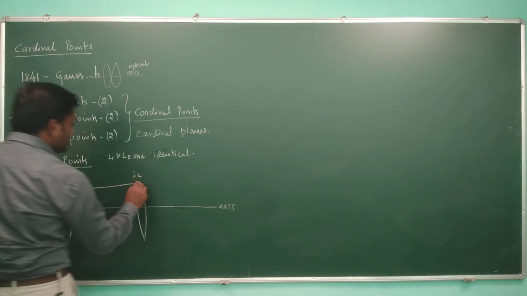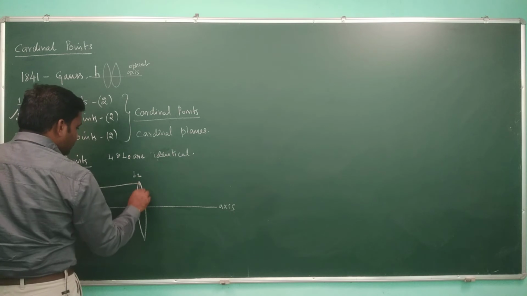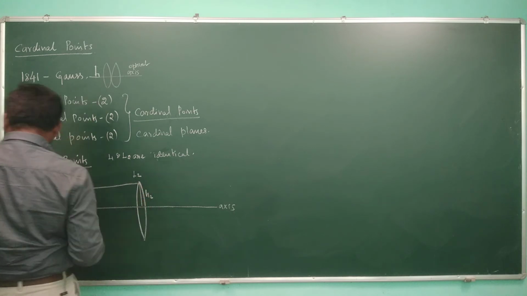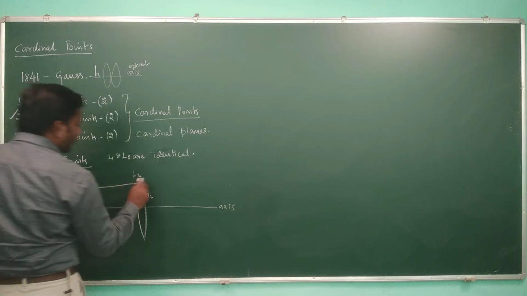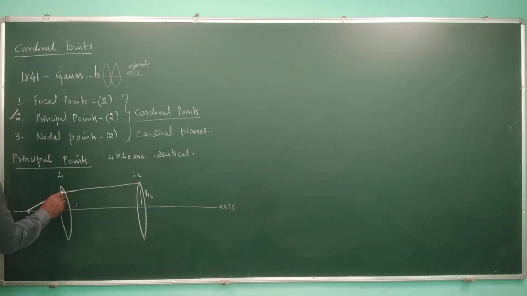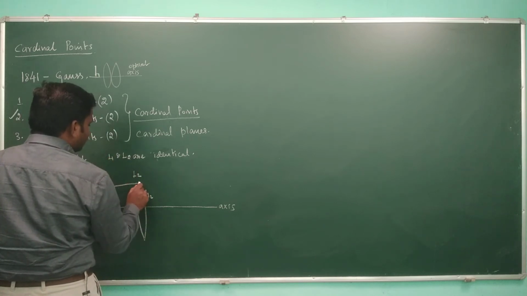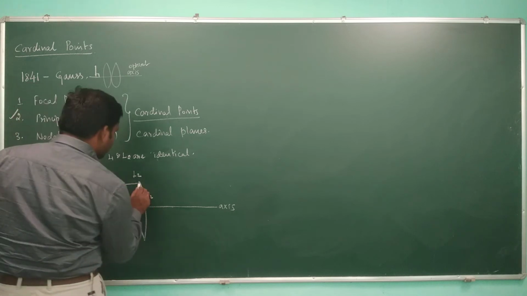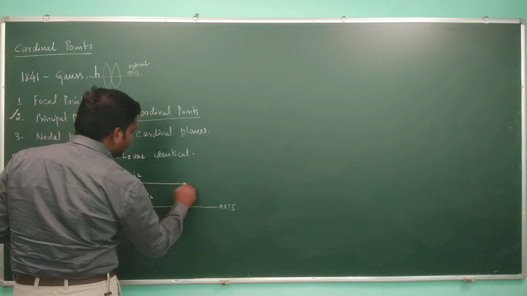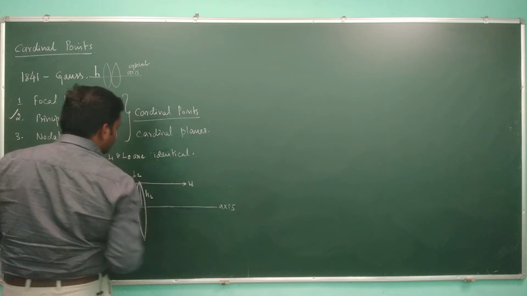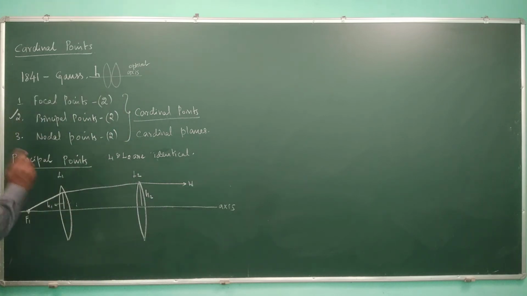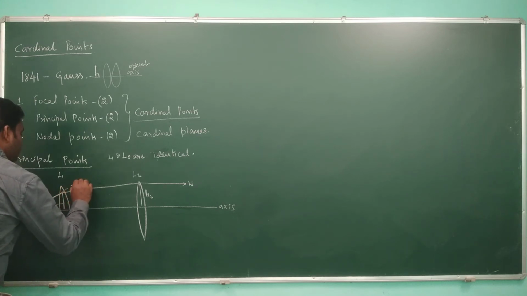Then it touches lens 2 at the height h2, right? Here the first refraction takes place, and here the second refraction takes place. After the second refraction, it travels exactly parallel. Only here it travels exactly parallel. This is the ray W. Now you see, in this place, assume that it is not getting refracted. What would be the direction it will take? It will take the direction like this.